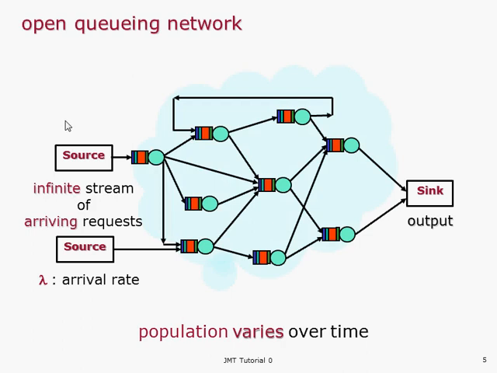The two types of QE networks typically used are open QE networks, which consist of one or several sources and an infinite stream of arriving requests with a given arrival rate. In these models, we have a population of customers in execution that can vary over time, and one or more sinks. And the other type is a closed model